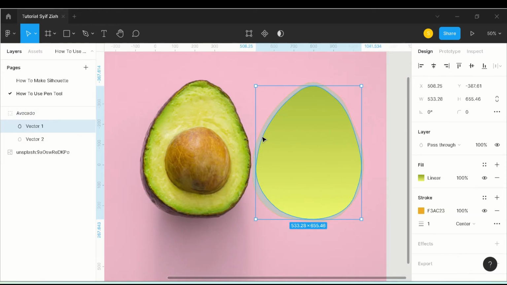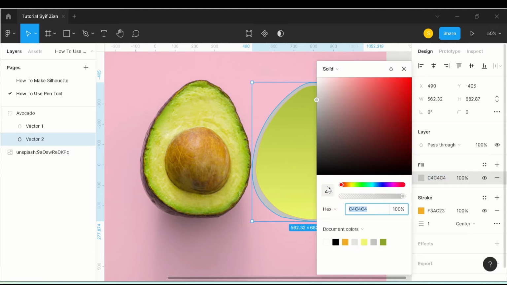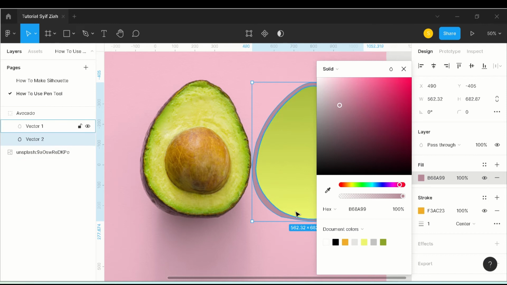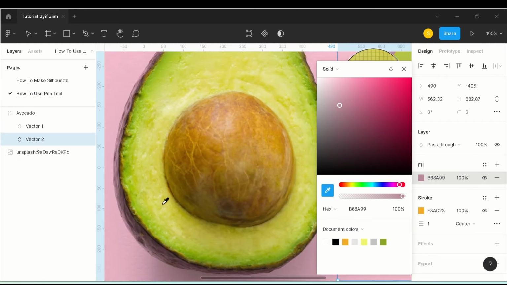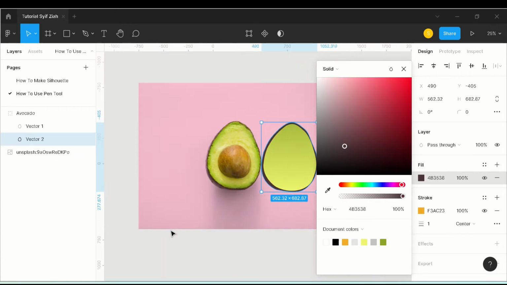And I wanna make it the same color for the pit. Alright.